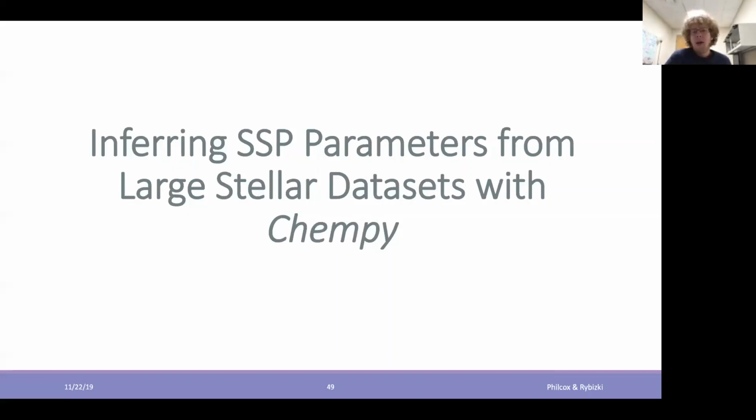So that led us to thinking, well, I'm sure we can do this better. Let's see if we can infer these important parameters using a large number of stars. Now, immediately you might think this isn't going to be difficult. You just repeat the analysis, but suddenly instead of one data point, you have 100, say. It turns out to be slightly less trivial.